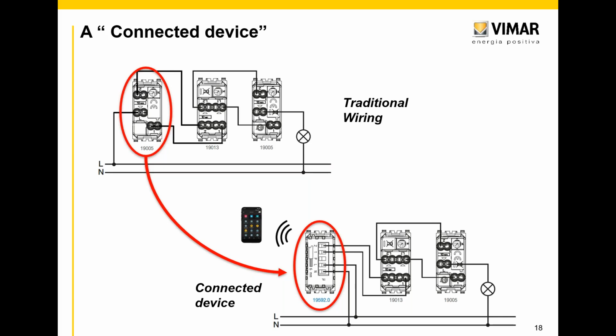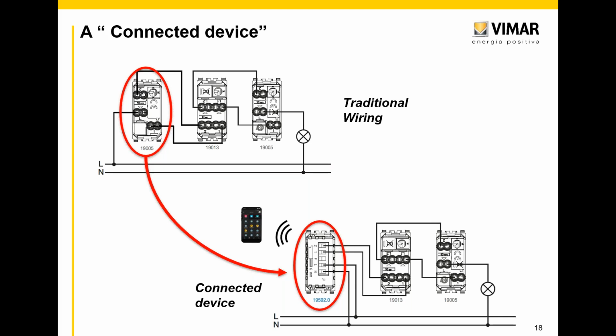Talking about the wiring, here is an explanation of what I anticipated before. On the top part of the slide, you see the traditional wiring, one circuit controlled from three places. It needs two two-way switches and one reversing switch in between. So